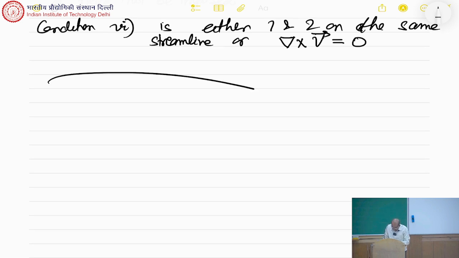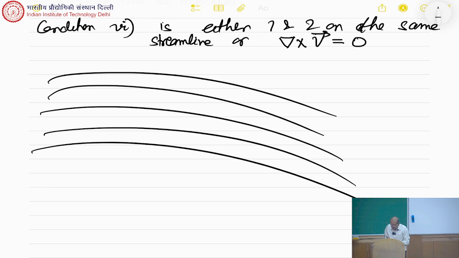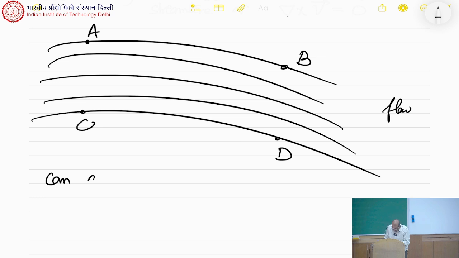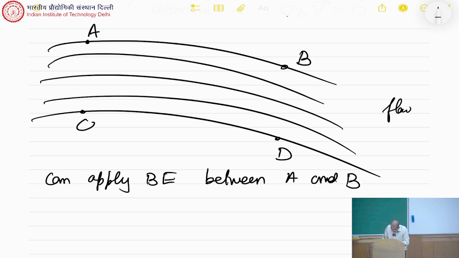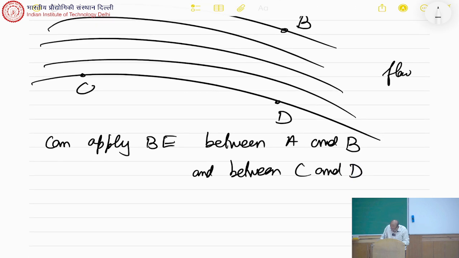And so, if this is the flow, then as we said, we can apply Bernoulli equation between A and B and between C and D. But in general, not between